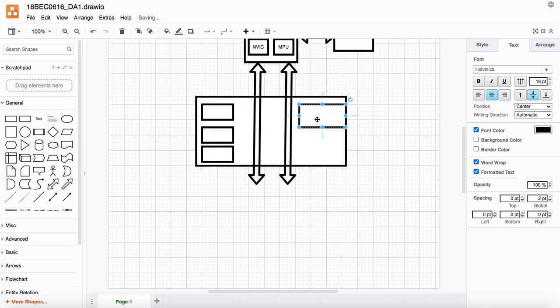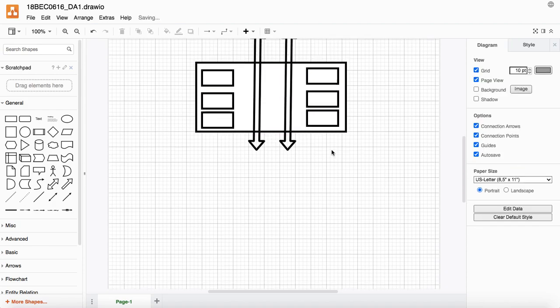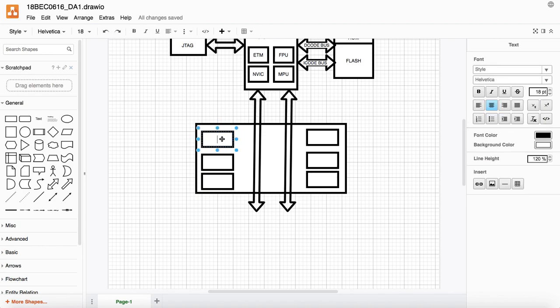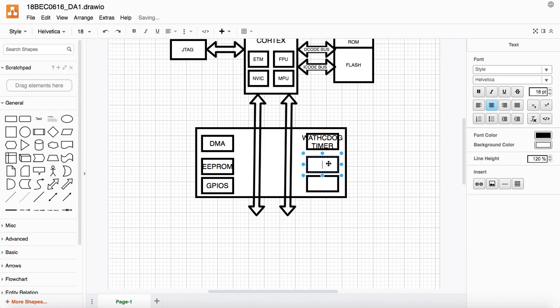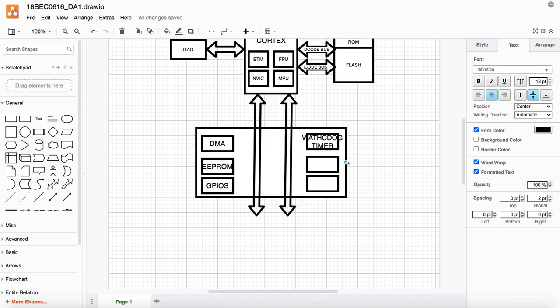Or I can do one more thing, I can select multiple items at once, copy and move it here like that. Then I can rename these as well. This is the watchdog timer that I mentioned previously.